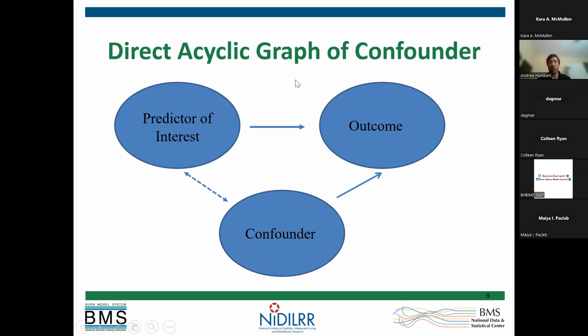So again, what we really want to know is this line going from predictor of interest to our outcome. And we're hoping this is causal. Again, we don't necessarily know it's causal, but we're hoping to analyze and get a clear trend of a very real association we're analyzing here. But what this confounder essentially looks like in this model is we have this solid arrow pointing to outcome, indicating we have this causal trend. But then this dashed line is just indicating these two variables are related. We don't know if they cause each other. We don't know what's going on, but we know that, for whatever reason, the predictor of interest is associated with the confounder. People with different predictor of interest values are going to have different confounder values on average throughout our data.